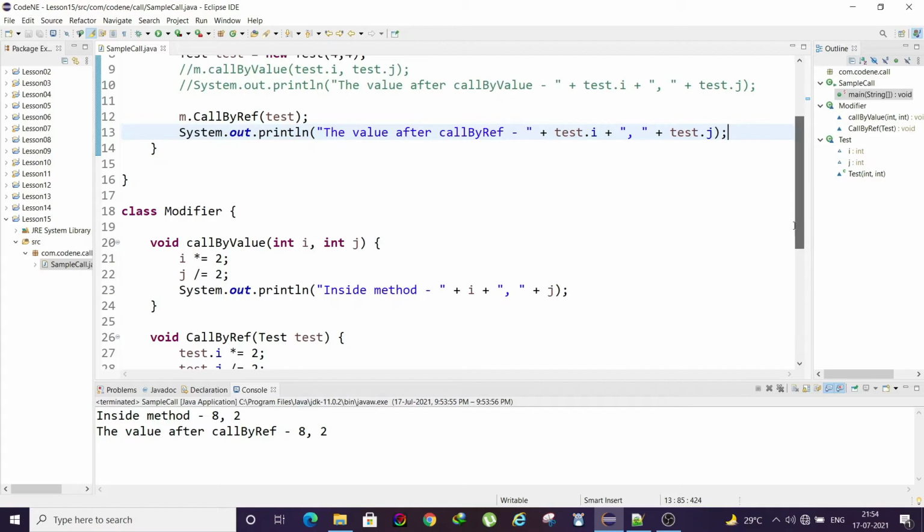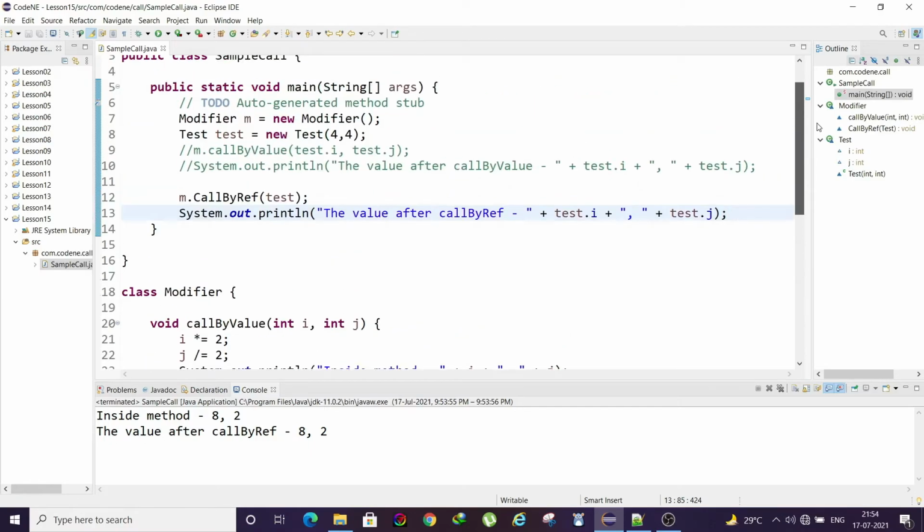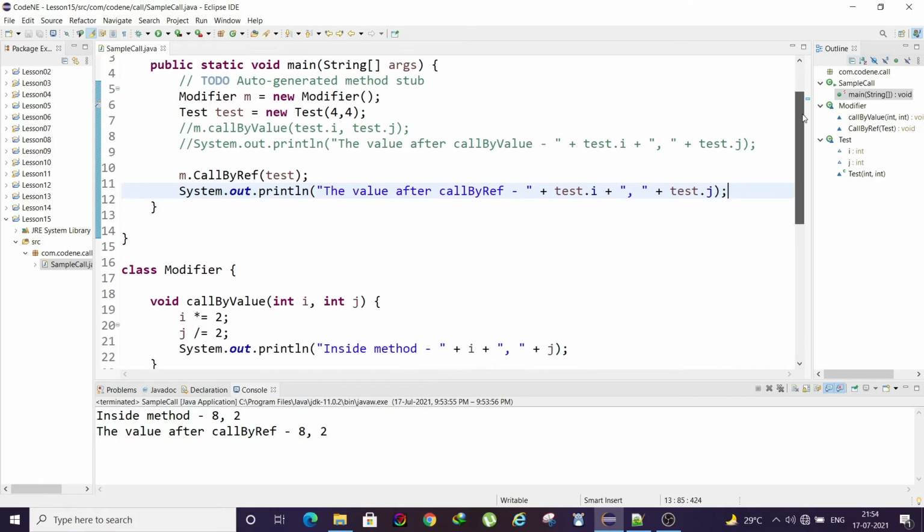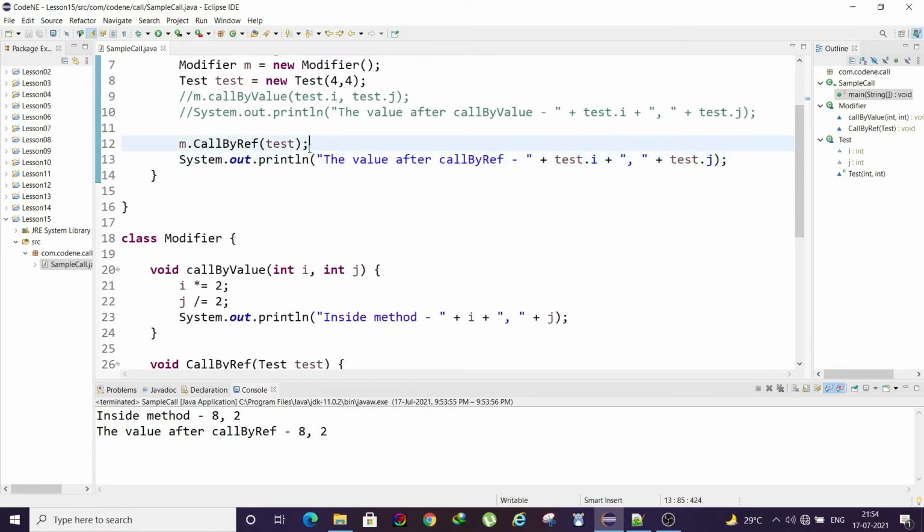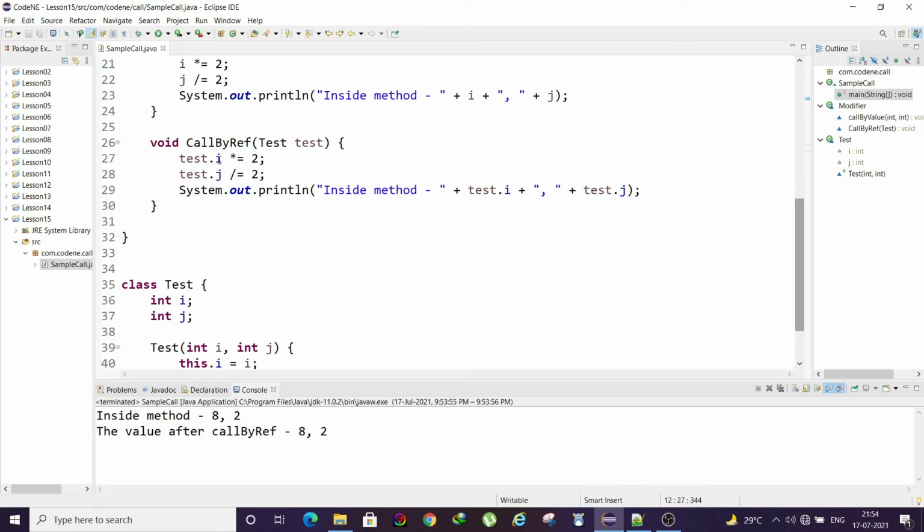It was as before. But the next thing that you notice is that the value is changed even outside the method. So let's take this example by the logic of call by value. If it was call by value, what would have happened? It would take a copy of this test object. Here it would change the value of i, multiplying with 2, and change the value of j, dividing by 2.